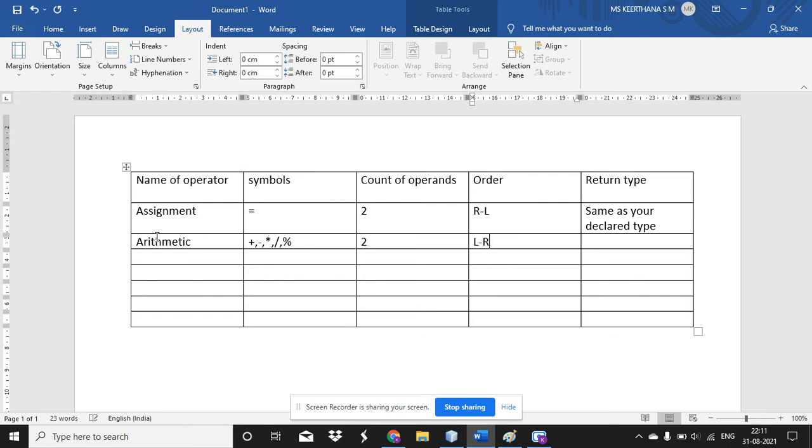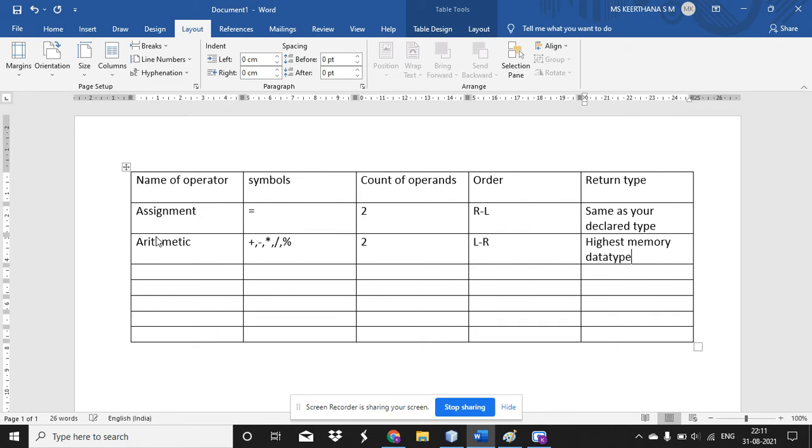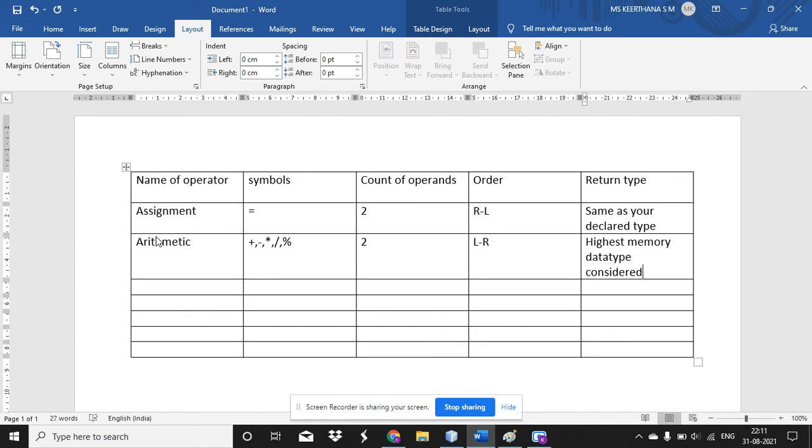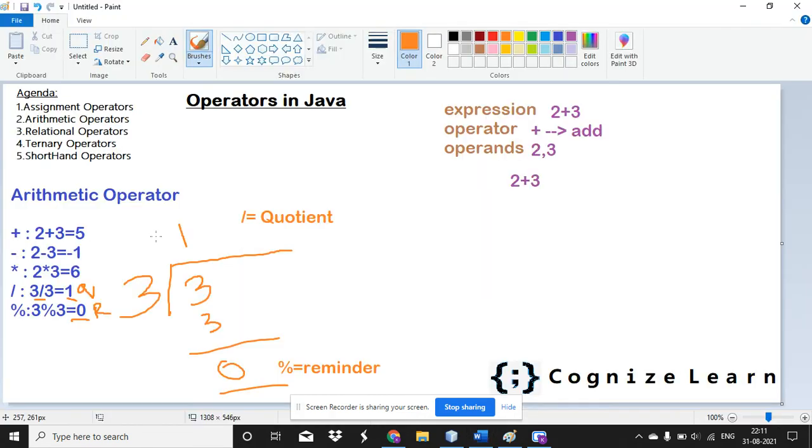It is left to right, and the highest memory data type will be considered. Okay, so that's all about the arithmetic operators.